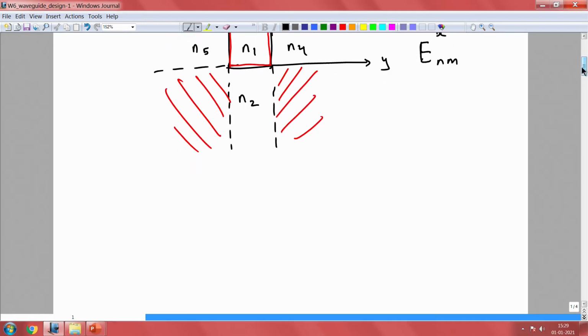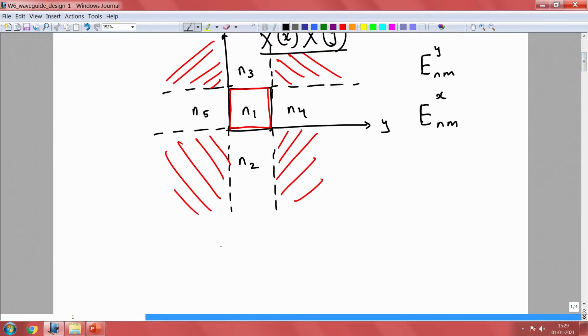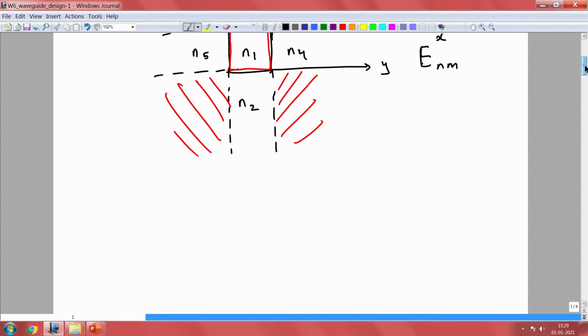So, it should be greater than the cutoff. All right. So, let us ignore the corners and only consider the uncoupled ones, right. So, there is no coupling between the x, y and z components, let us say, and if that is the case, then we can write the wave equation in scalar form, right, and